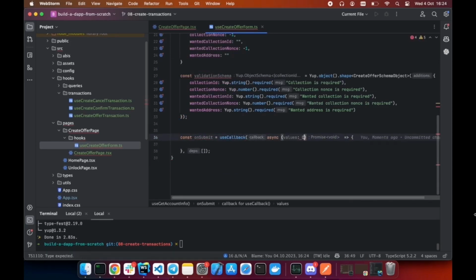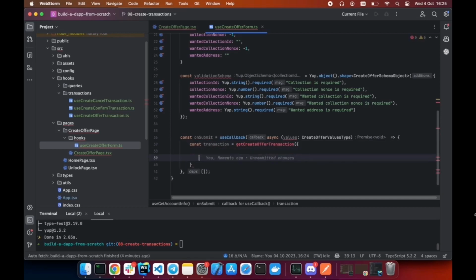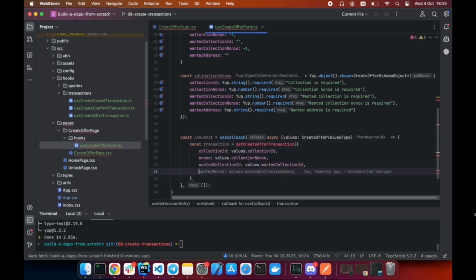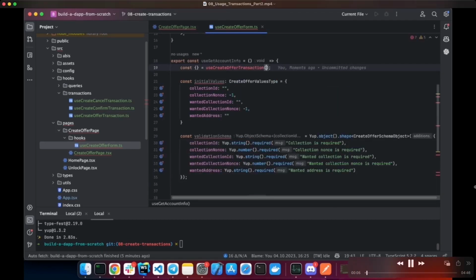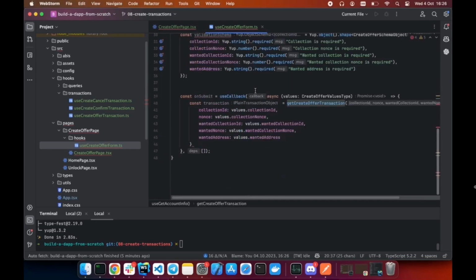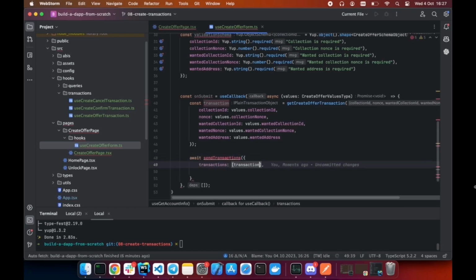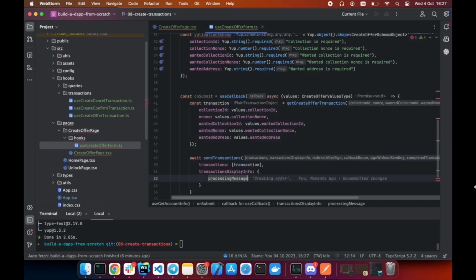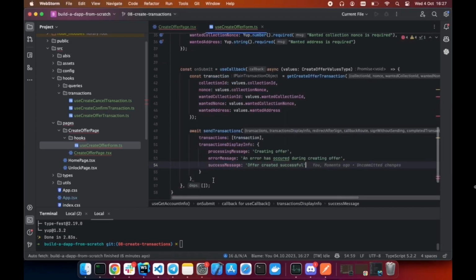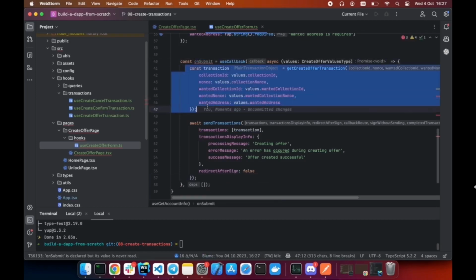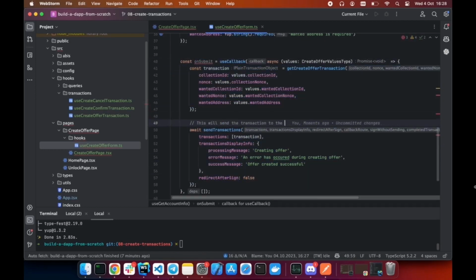It will accept the same values as Formik, and it will call the get offer transaction function exposed by our previous hooks. Let's make sure we import the use create offer transaction hook and then call here the function that was exposed. And then we are just going to call the send transaction helper from SDK dApp and add all the necessary parameters here, main one being the transaction, and then some messages that we want to have included in the toast